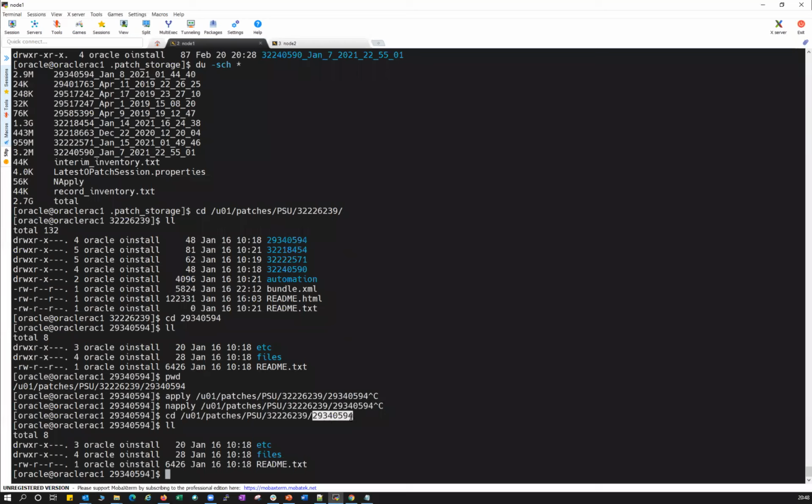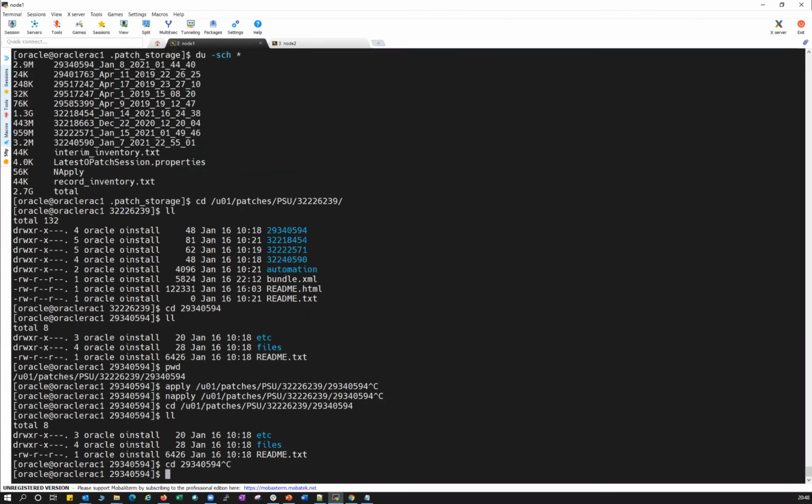Oracle will just tell you to apply this particular patch. Unless you go through the entire readme of the patch, you will not get to know whether this patch has a sub patch internally or not. So if you are thorough with that, then you can use apply patch. If you're not sure about that, always use napply. It will apply this particular patch and also whatever sub patches are inside it.